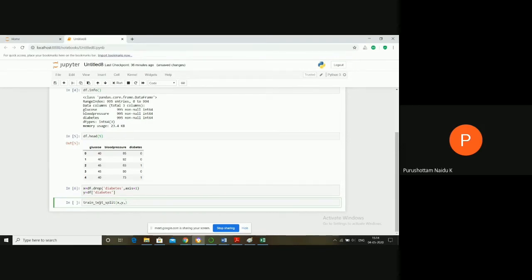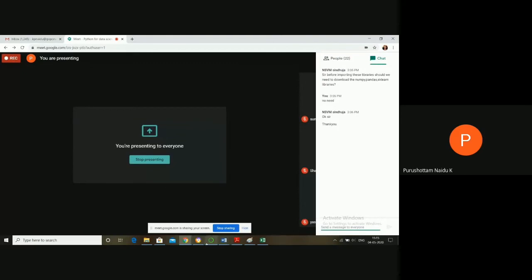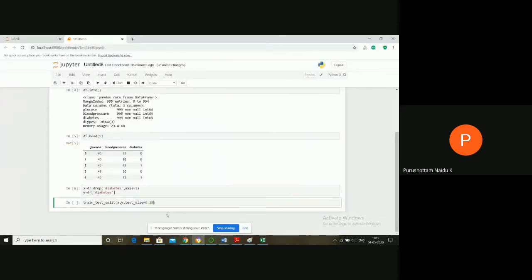For example, if I pass test size equals 0.25, that means the test set contains 25% of records and the remaining 75% of records belong to the training data.